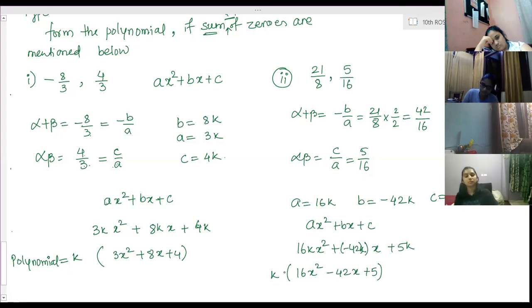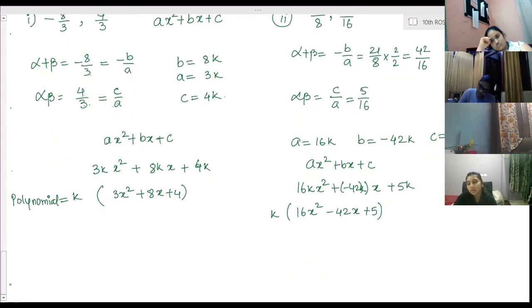Ma'am, in this one, like 3x square, it's minus 8, no, ma'am? Why minus 8? Minus 8 was in the question, so minus b is minus 8. So what is the value of b? 8. Oh, yeah. Clear? Ma'am, I was asking that if it's different, it's always going to be a factor, right? It's not needed, it might be that factor. Otherwise, both of them you have to multiply, just like LCM, when we do addition or subtraction of fractions, you multiply both fractions with the LCM.